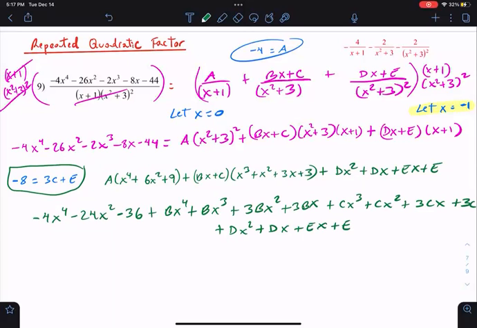Okay, now I need to match the constant with the constant, like I did before. So -4, the x to the 4 with x to the 4. Let's see what else. What else is x to the 4? There are only 2, right? So -4 equals -4. Okay, I don't need to worry about that. So for b, I have only 2 terms with x to the 4th, and I'm lucky because